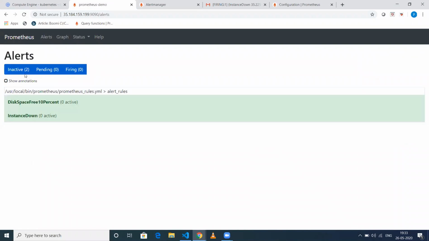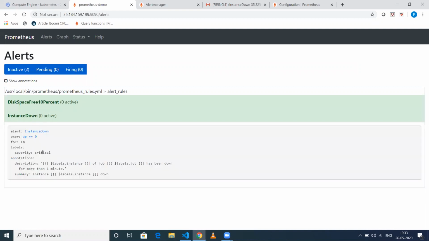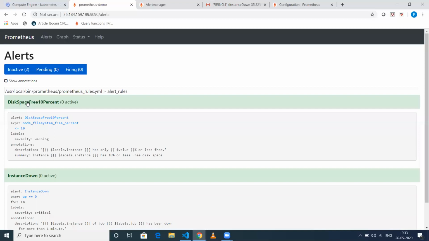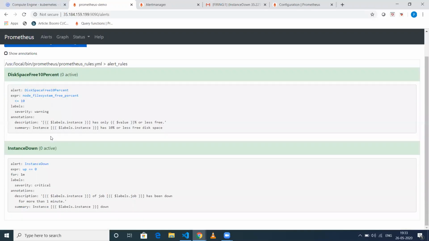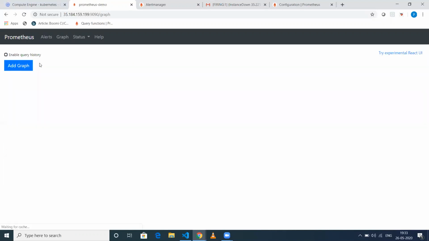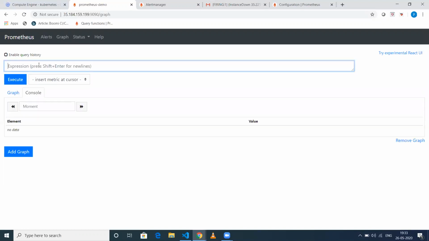These are the alerts that I've configured. If you remember, in our previous videos we configured these two alerts, right? Disk space free and instance down. And also, if you go to Prometheus and execute a query called up, then you